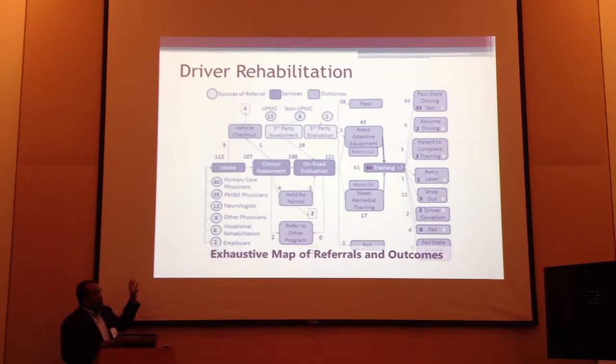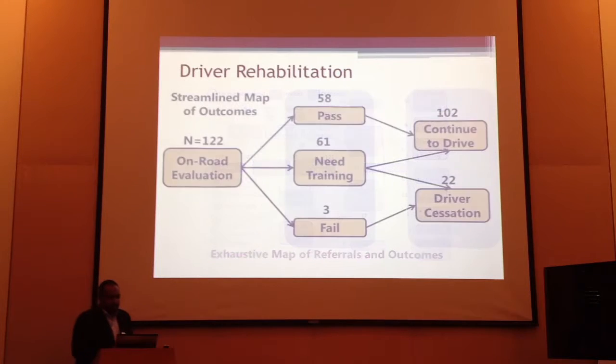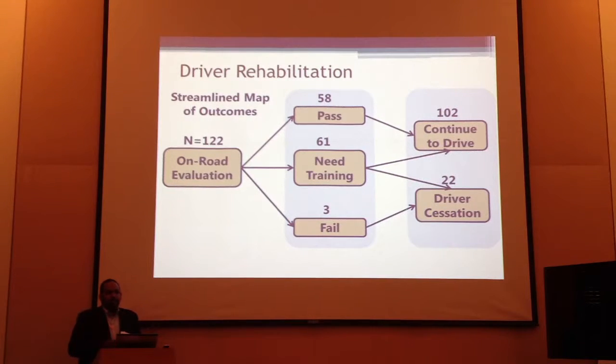And so I have kind of an eyesore chart. This is just to show some of the medical pathway, and this was an early medical record review of her program where I tracked all the referral sources, mostly physicians. As I mentioned, in the medical pathway, it's a doctor's note that brings people into her program. Intake leads to clinical assessment, then on-road evaluation. Those who need it would have training, and then there's a case resolution. So that shows